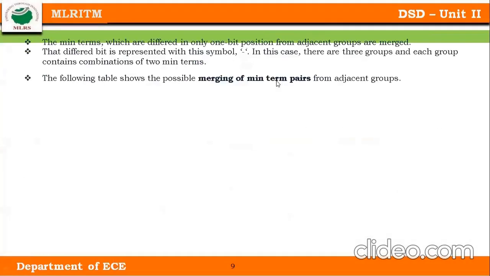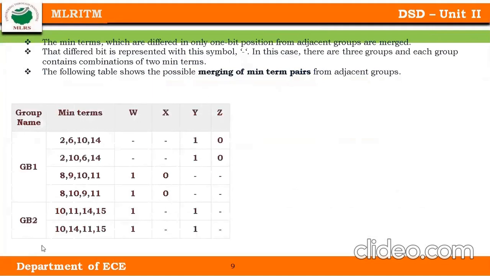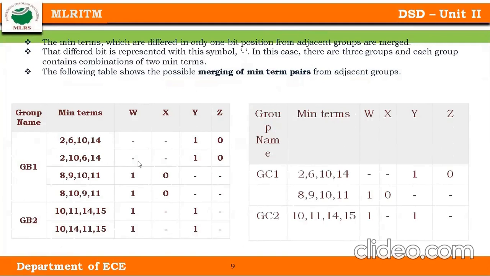Now this is a group I got from the measured minterms. Now I need to start grouping. Is any grouping possible here? One change, no change, no change, one change, so it is not possible. This with this, 2, 6, 4, 14 to 10, 14, any possible? No. So it means there is no further possibility of grouping, so leave it.